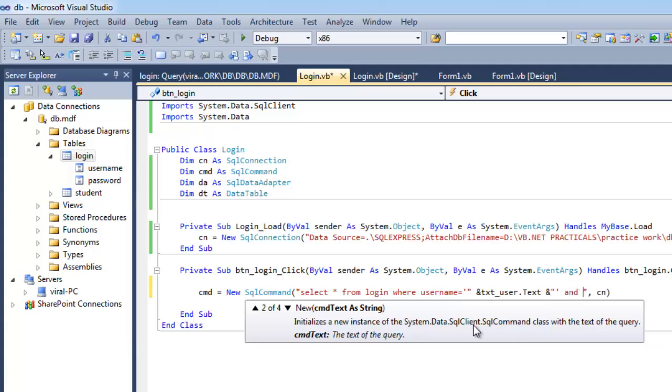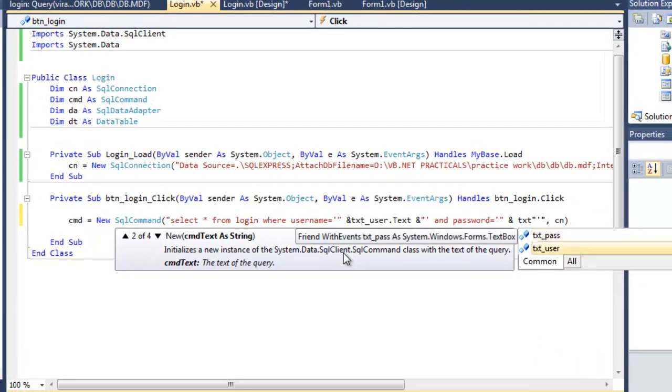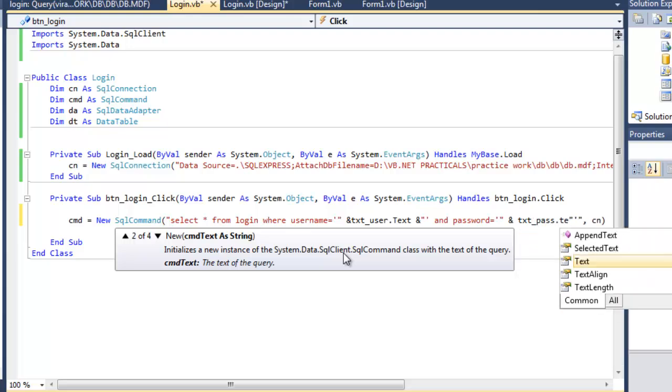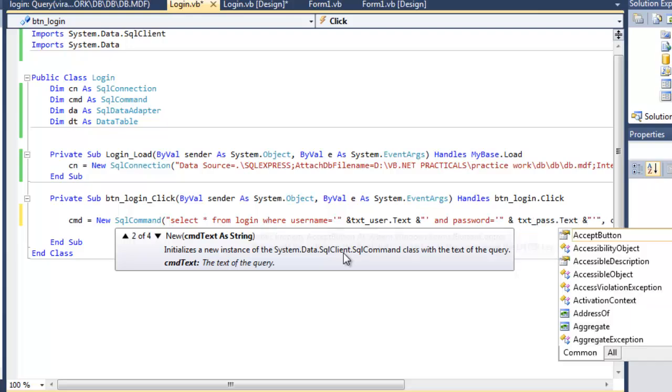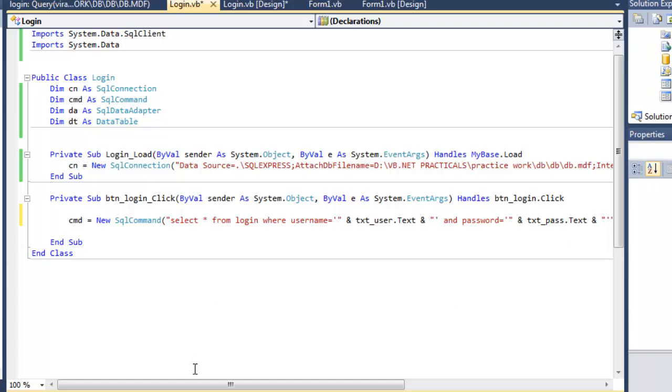And password equal to this text box, single quotes, double quotes, n% txtPassword.Text. Okay, so we have initialized our query with the SQL command class.